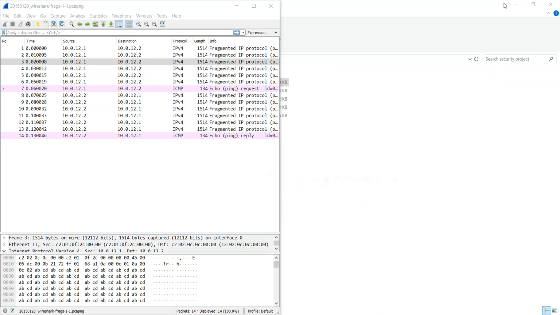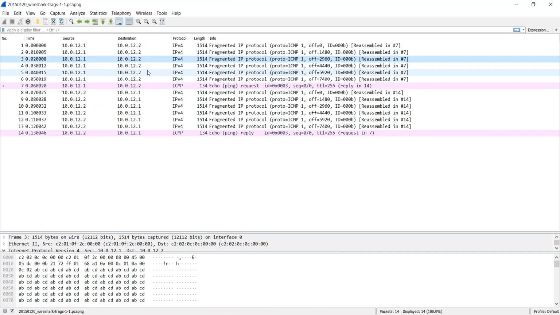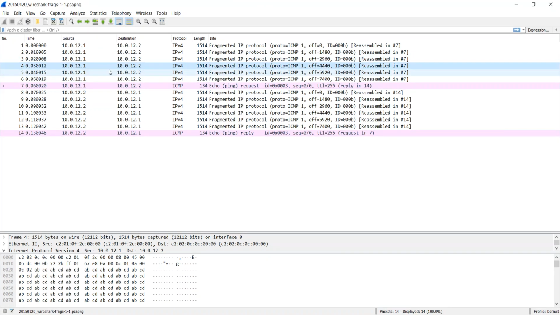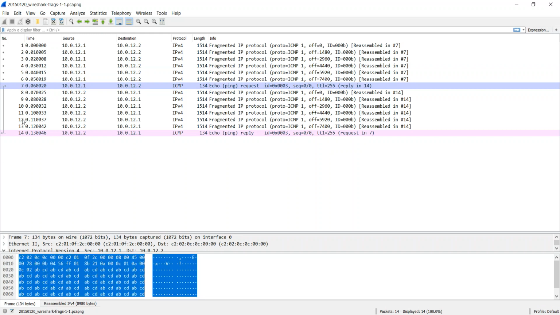Alright, so as you can see now, let's expand this one. Number 4, offset 4440, and this is bits by the way, and 5960, so they're just increasing by 1480, right? And now what's interesting is packet number 7 is also the last packet and also the reassembled big packet. So if you open this up over here